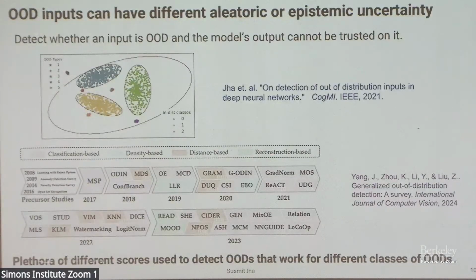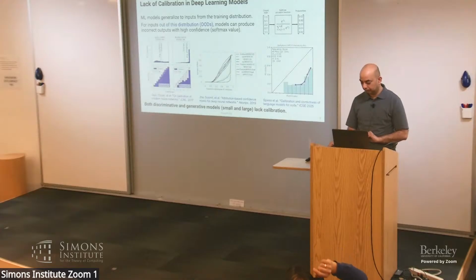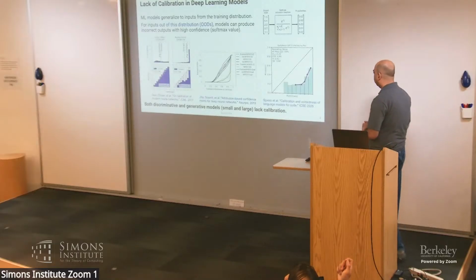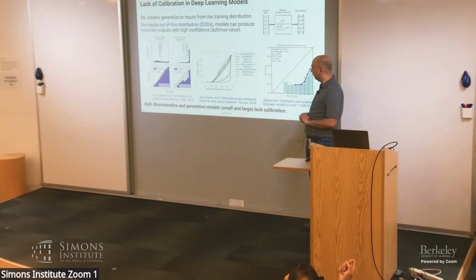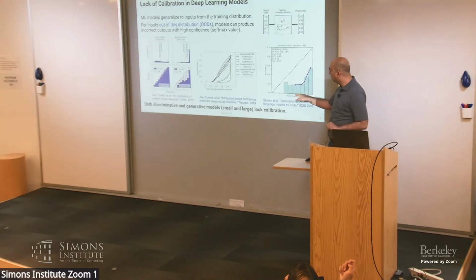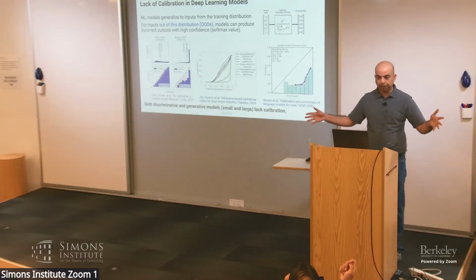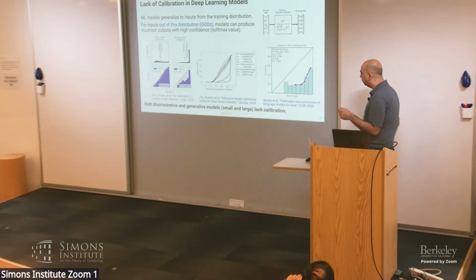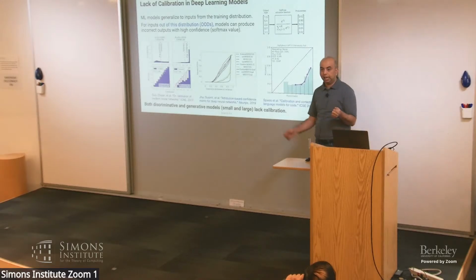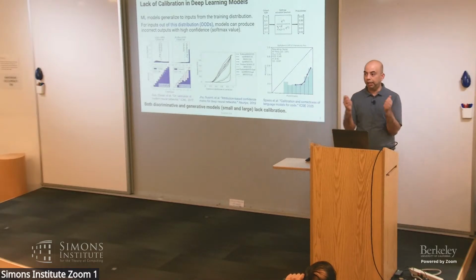Question? Yeah. Two related things. One is for the ICSE 2025 result: what do you mean by calibration? Good question. There are many ways to measure it, and I will describe one. You take inputs and split them into, let's say, a random set of 10 buckets. For each of these buckets, you compute the average confidence of the model and the average accuracy of the model. If the model is well calibrated, your average accuracy and average confidence should align with each other.